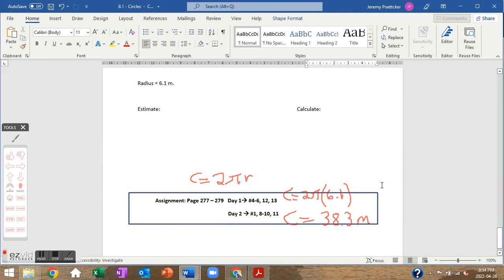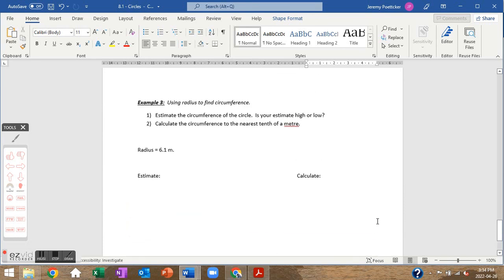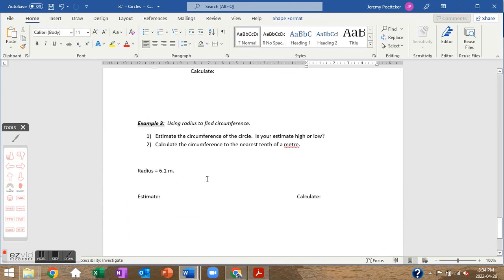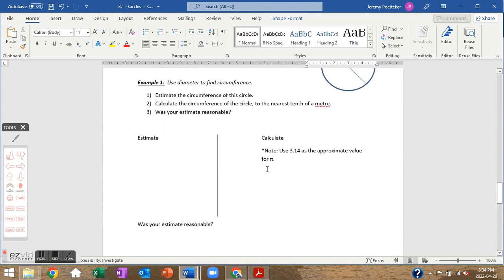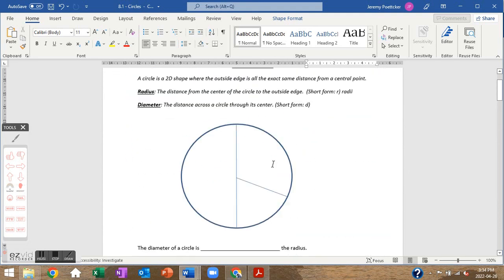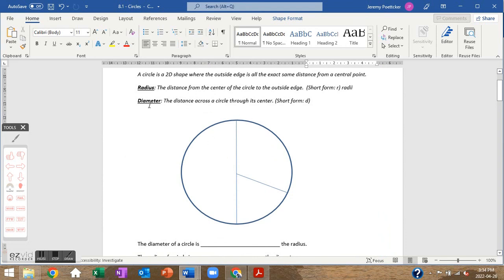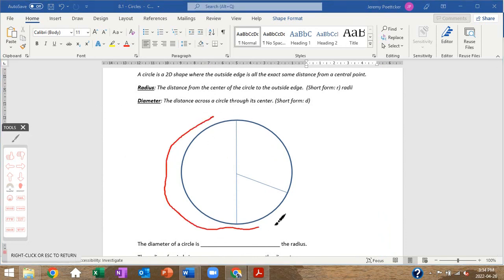None of it's really hard. You do have to do a little bit of thinking sometimes. Make sure you're using the right formula. Make sure you know what it's talking about: circumference, radius, diameter. If we go all the way back to the very beginning here, one more thing we could have labeled here is the total distance around the outside